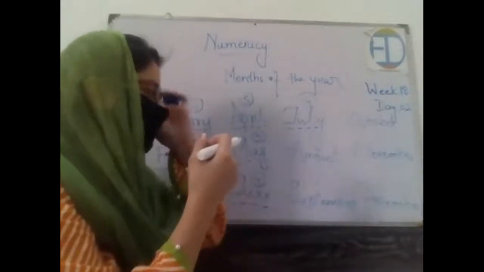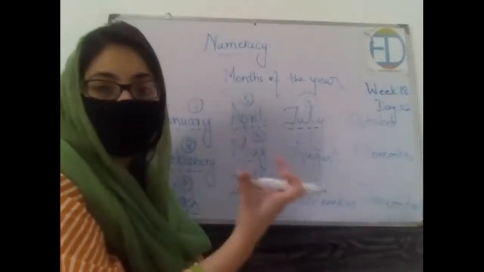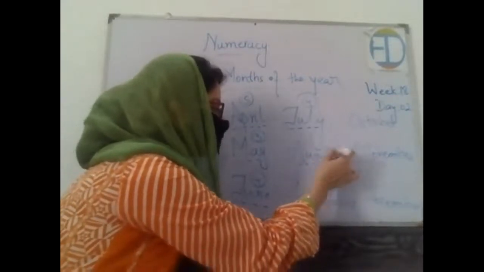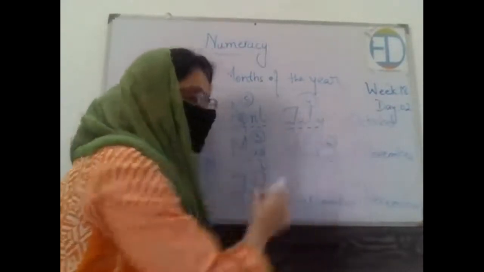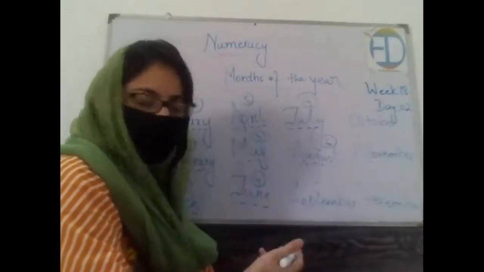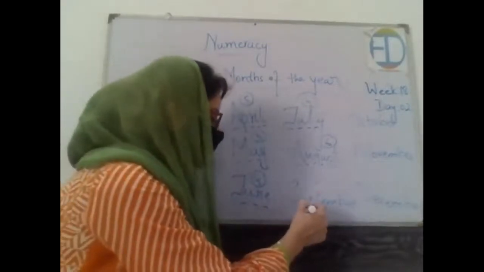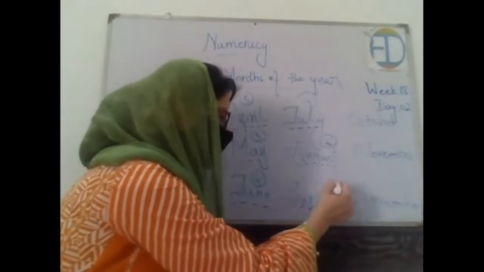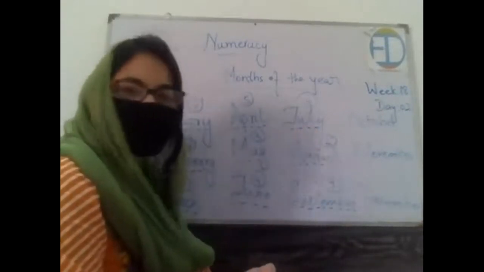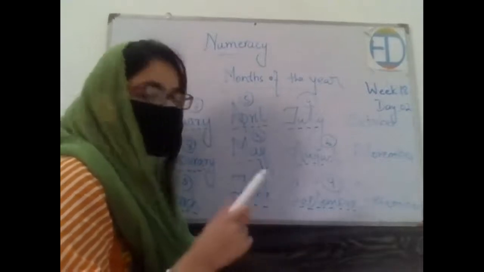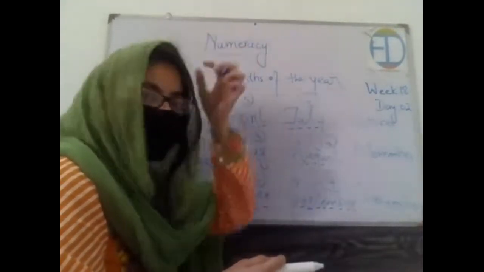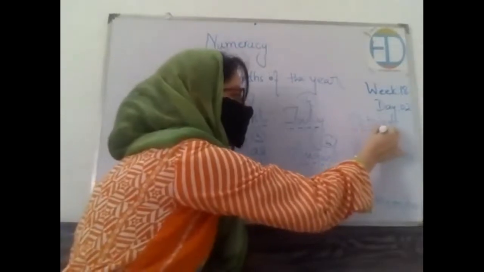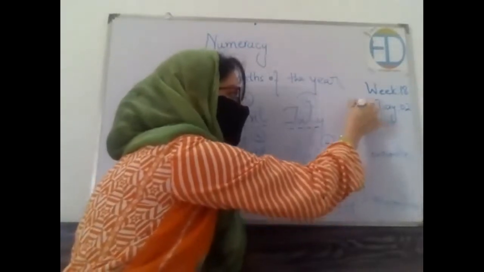Now we will look at the next one. It's August. And how many letters do we have in August? 1, 2, 3, 4, 5, 6. Then we have September. 1, 2, 3, 4, 5, 6, 7, 8, 9. Okay. The maximum so far, right? Then we have October. Let's see how many we have in October. So there are 1, 2, 3, 4, 5, 6, 7. Again.